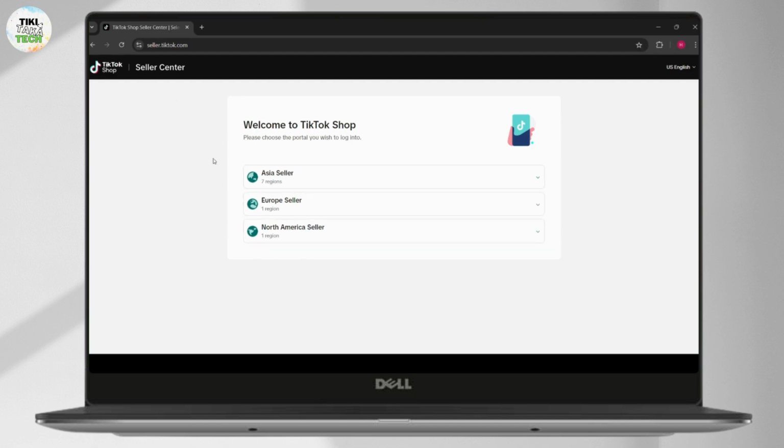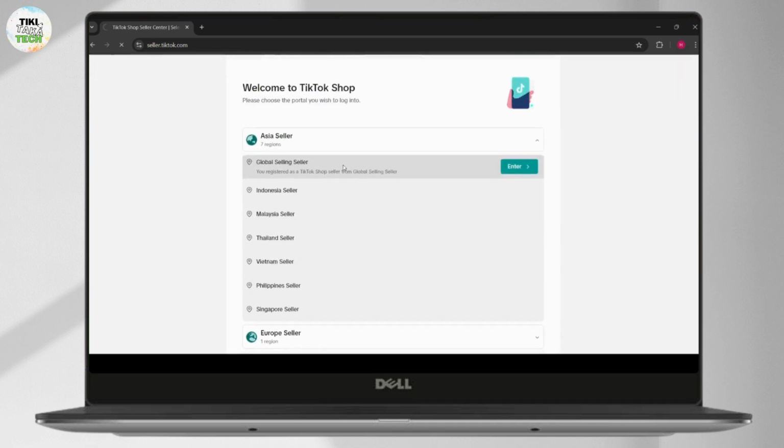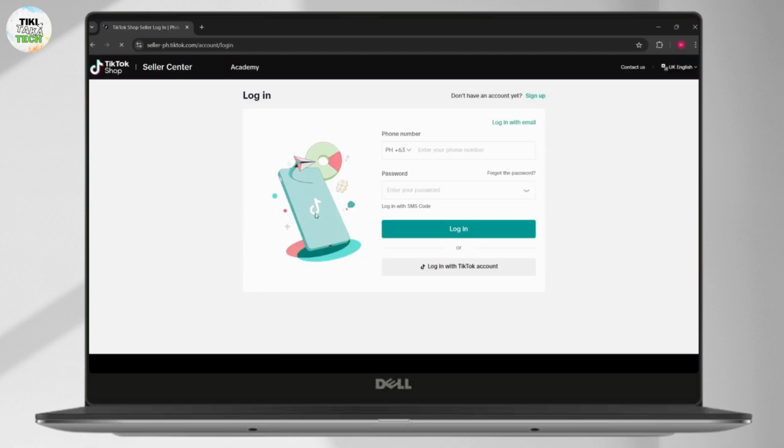Now you can choose your desired location. From here you can choose any of these locations that you're located in, and you can enter your phone number and your password. You can even log in with your TikTok account. So I'm just gonna log in with my TikTok account,